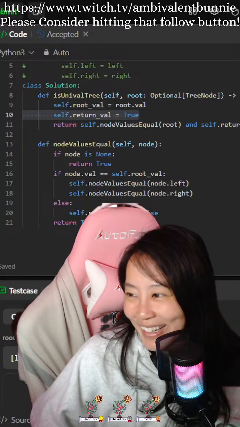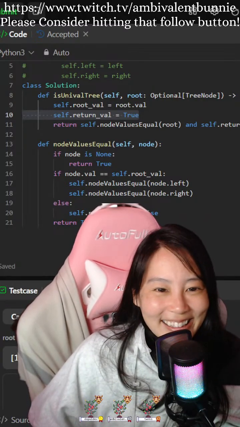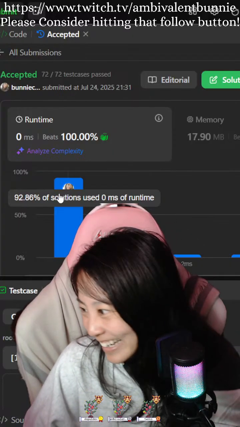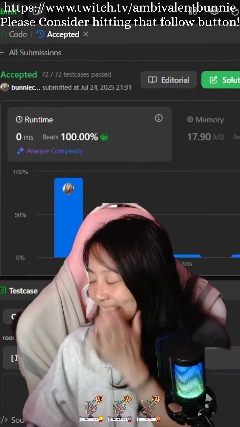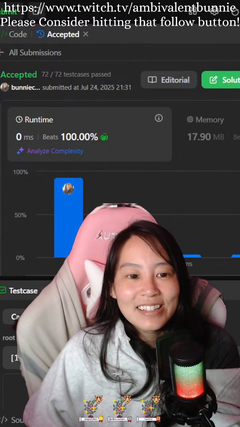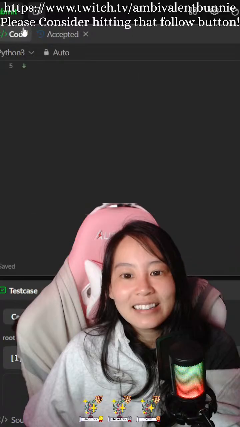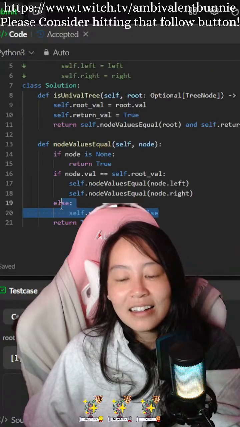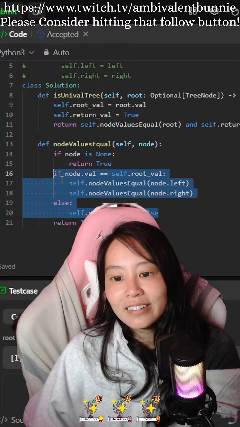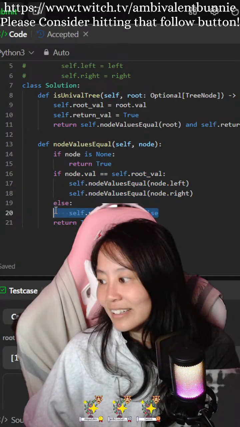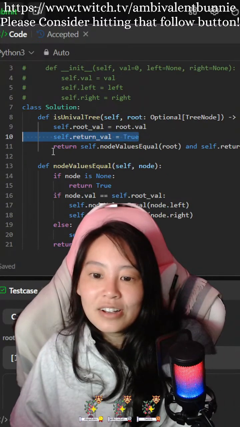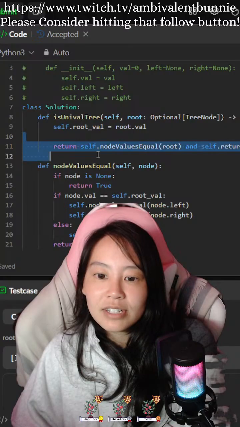My code does work. See, look. It even beat 100%. So it's because, yeah, right here, it reassigns it to false. Okay, so we're going to delete this. We're going to delete this.